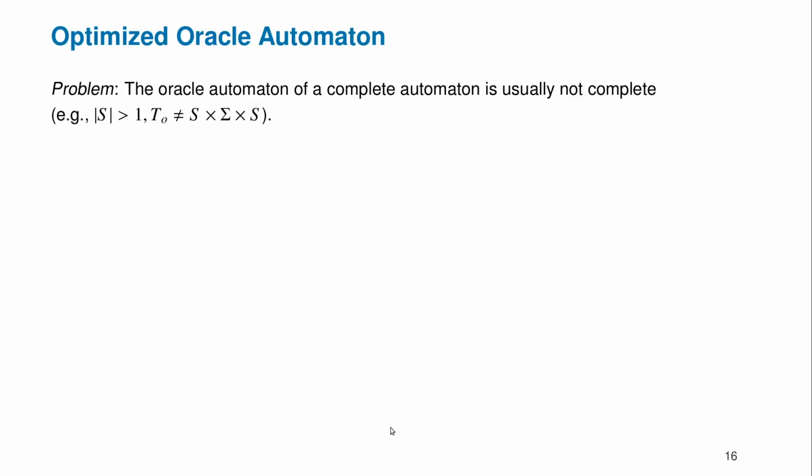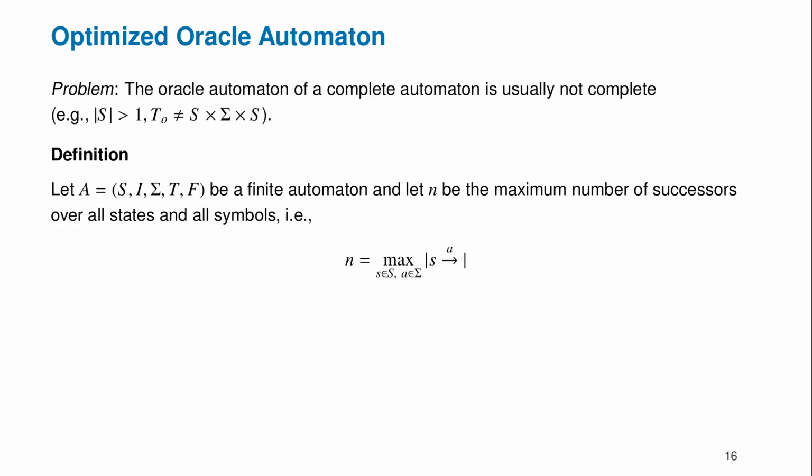So as we have discussed in the previous example, the Oracle automaton of a complete automaton is usually not complete, and now we try to fix this by introducing an optimized variant of the Oracle automaton. And for this purpose, we first identify the maximum number of successors we have of all states and all symbols. So we somehow identify the degree of indeterminism we have in the automaton, and more formally we identify n,